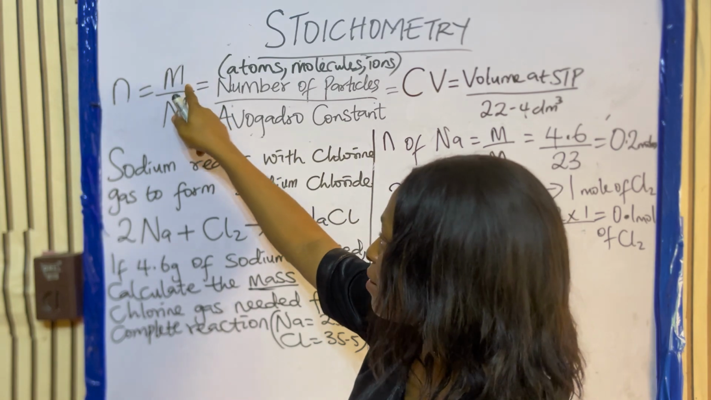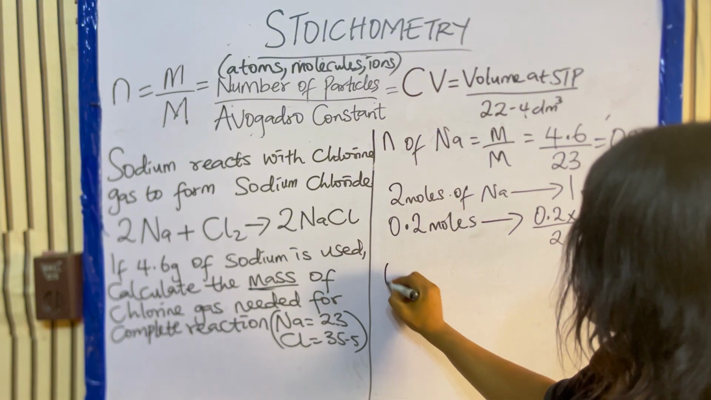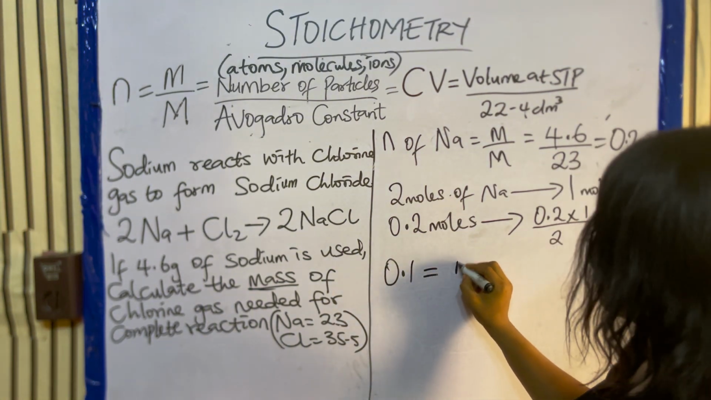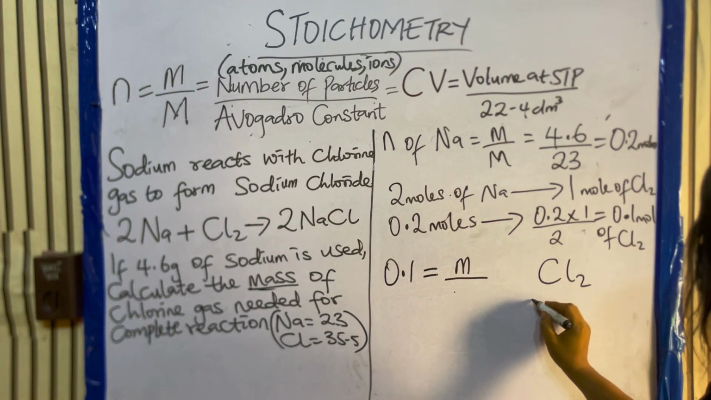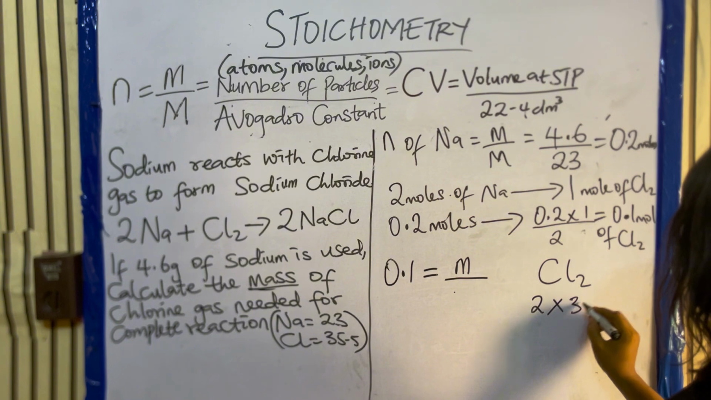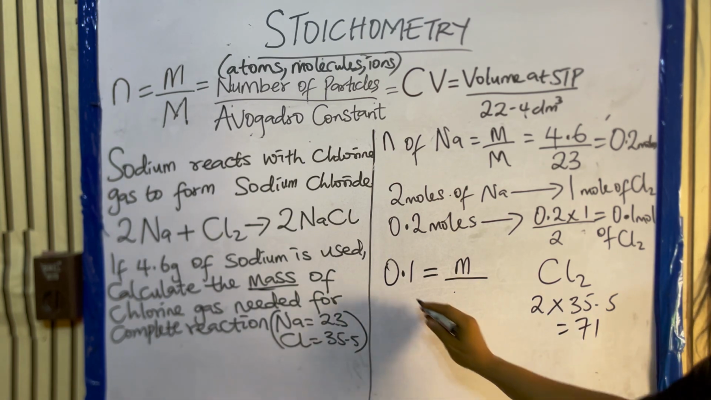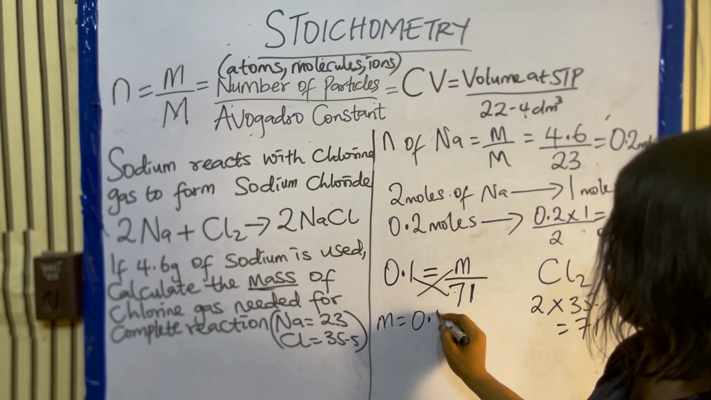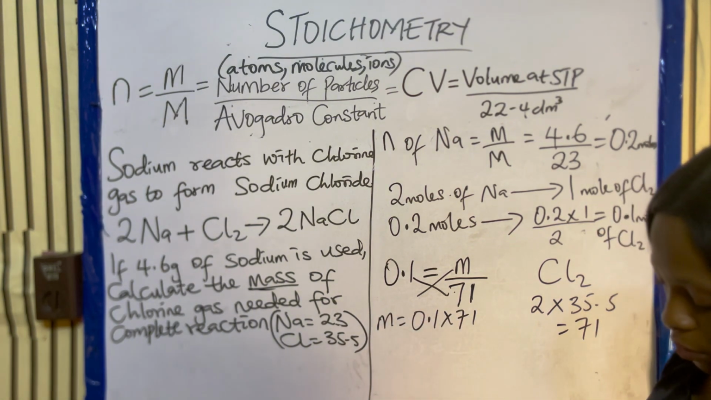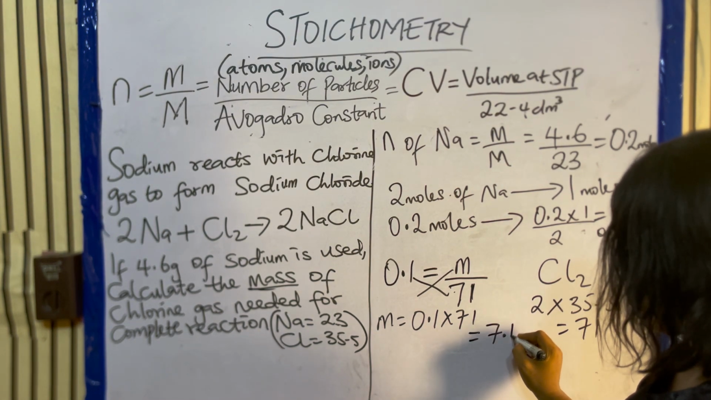Number of mole is equal to mass in gram over molar mass. So here we are now looking for the mass in gram. So the number of moles we already have is 0.1, equal to mass in gram, that's what we are looking for, over molar mass. So what's the molar mass of chlorine? Chlorine is 2 times 35.5. So we press our calculator. 2 times 35.5, and that will give us 71. So cross multiply, you have that m is equal to 0.1 times 71. That will give us 7.1 gram